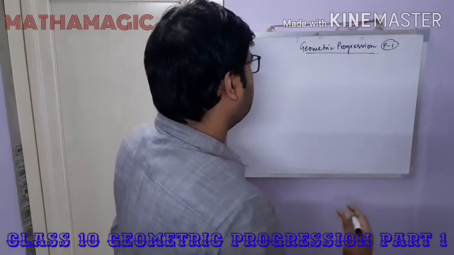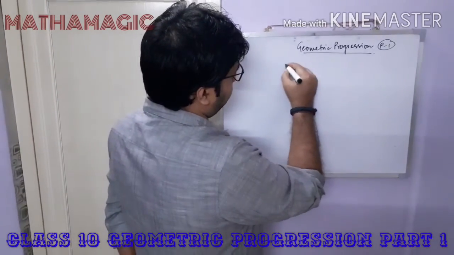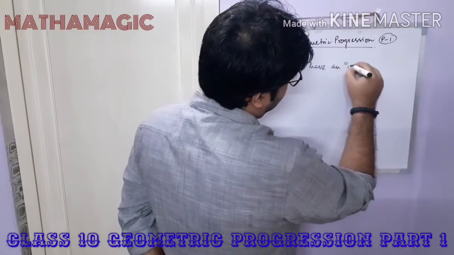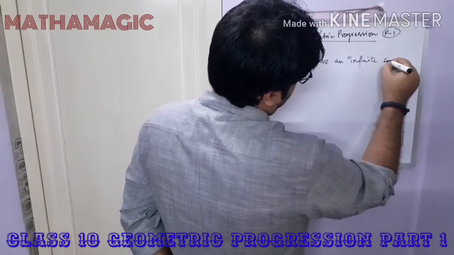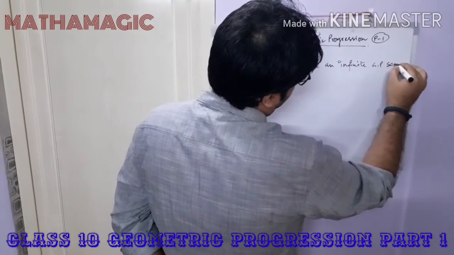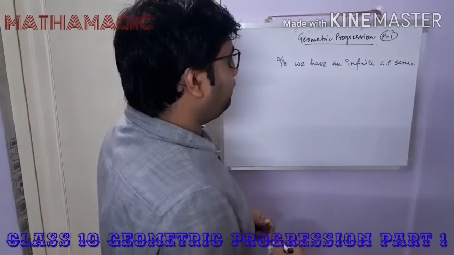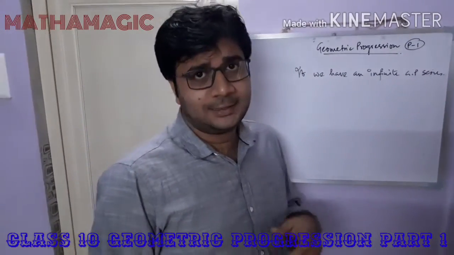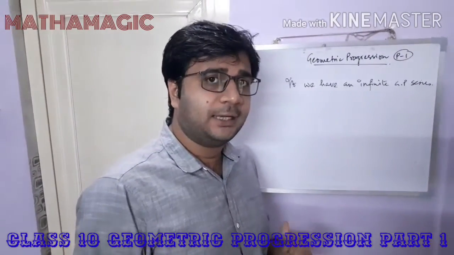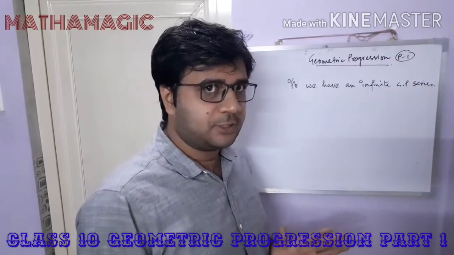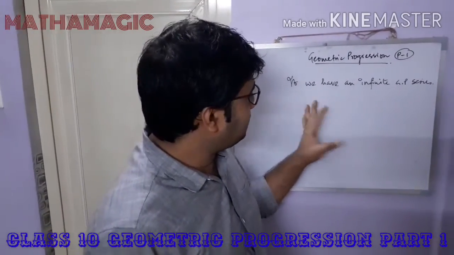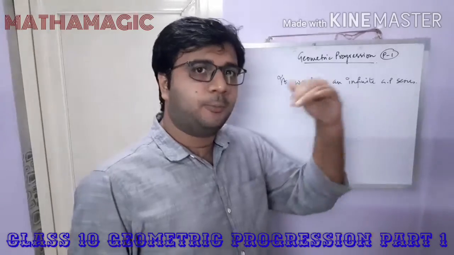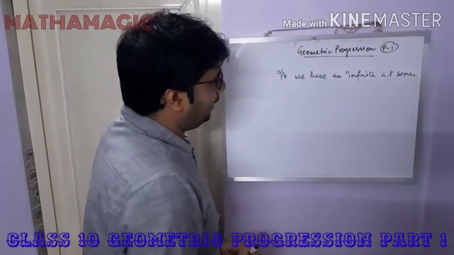And one more additional thing I would like to say is that if we have an infinite GP series, first of all, whatever formula we have discussed so far was for finite series only. That is, the value of n has to be finite, then only we can use those formulas, otherwise we can't. But what happens if we have an infinite GP series, a GP series which is progressing to infinity?